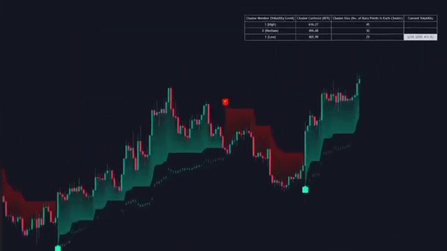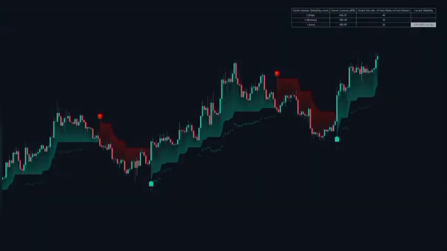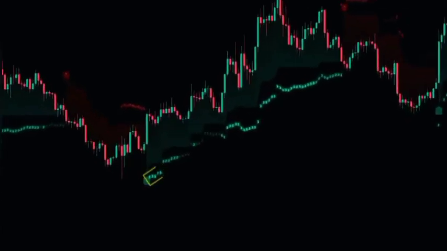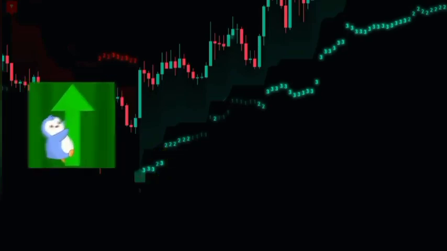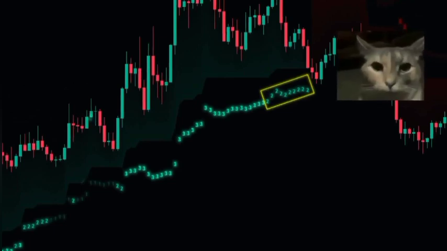In this table, you can see the 3 levels of volatility laid out clearly: high, medium, and low. 3 for high volatility, 2 for medium, and 1 for low. Now watch what happens on the chart. The candles are marked with these numbers based on detected volatility. When you see the number 3, the momentum is absolutely incredible. This is when you want to hold your position. But when it drops to 2, that's your signal to start thinking about closing your positions or at least reducing